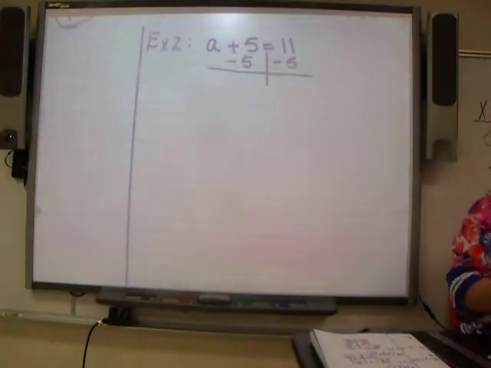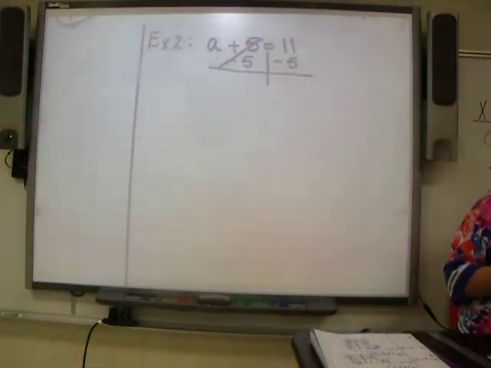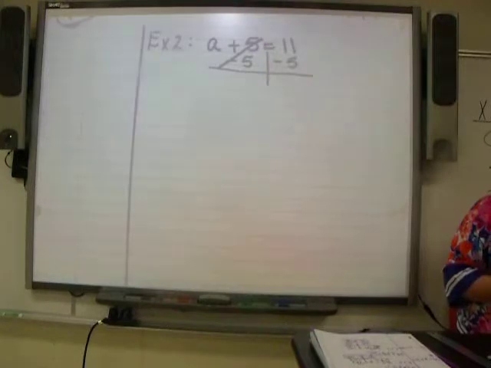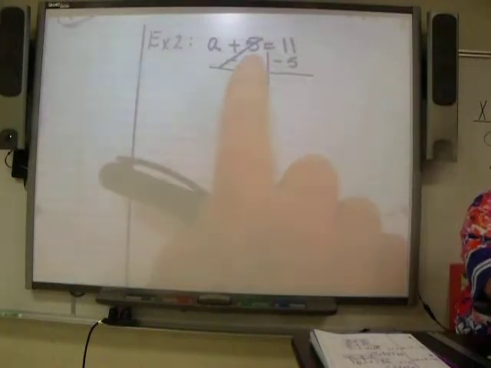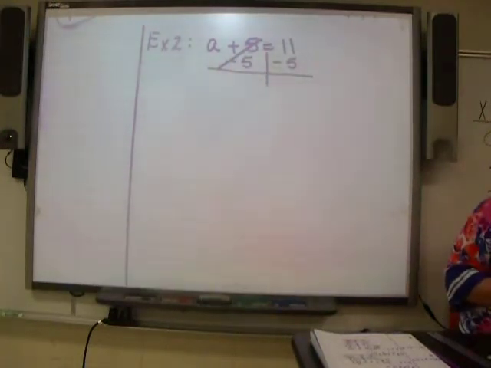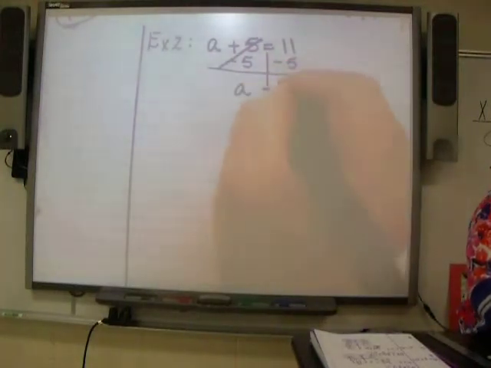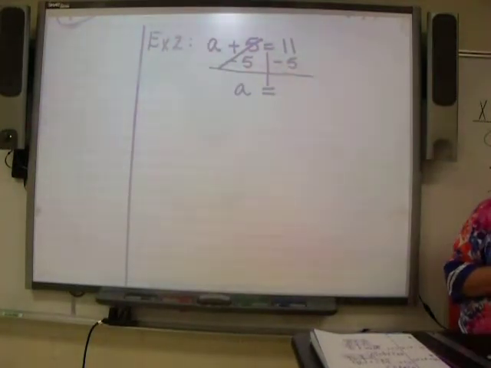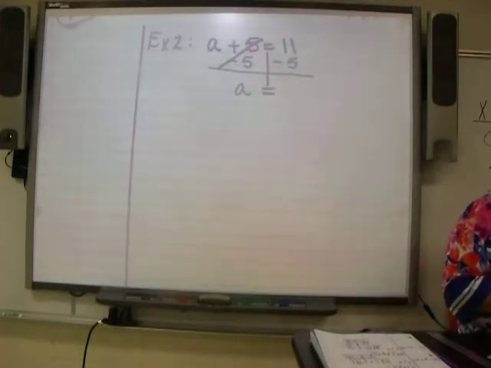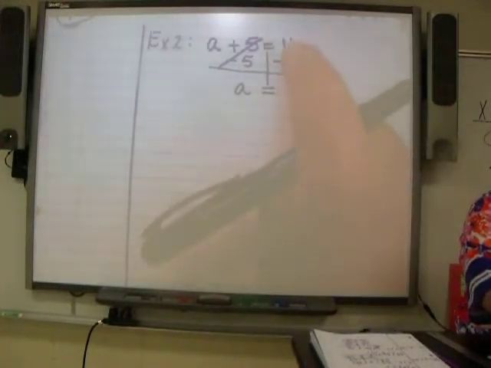When we do that, these cancel out. And you just have to take for granted that you understand they cancel out, because that's 5 positive. When you keep change, that creates 5 negatives, and that makes 5 zero pairs. So they're gone. That leaves A by itself on that side now. 11 minus 5